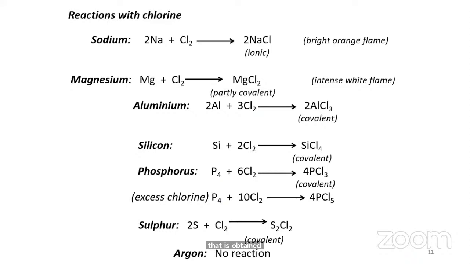Now we look at the reaction with chlorine. Sodium reacts with chlorine to give us sodium chloride. Bonding in sodium chloride is also ionic. When that reaction occurs, it gives us a bright white orange flame. Again, it is a sodium salt, so it gives us almost the same color as we have when we have the reaction with